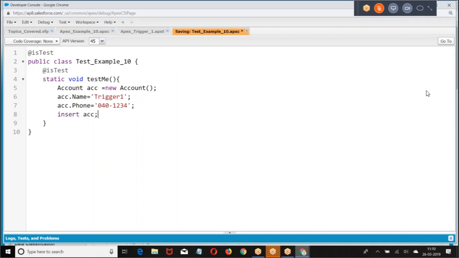When I inserted a record, if the trigger is working properly, the values of industry, rating, and ownership should be changed. I inserted a record with a name and phone number, but I wrote a trigger at the back end saying to modify the values of industry, rating, and ownership.